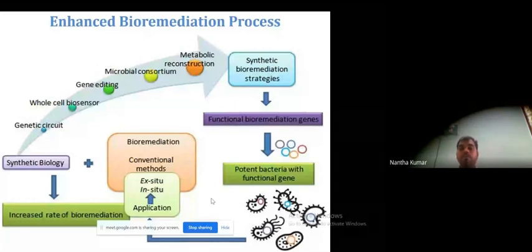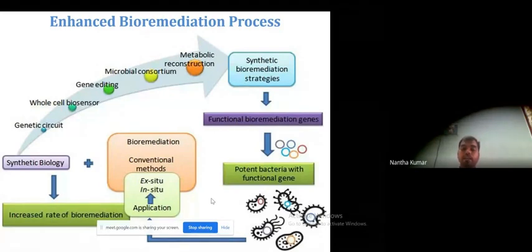In this kind of enhanced method, you can avoid the production of secondary metabolites or toxic compounds in the bioremediation process. So these are all the advanced methods of enhancing the bioremediation process. Again, the bioremediation process can be used in the ex situ or in situ method.